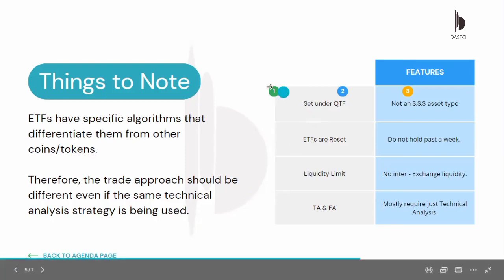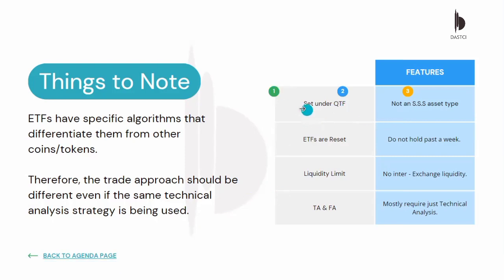Now, some of the things you need to consider when you want to trade an ETF is that this is supposed to be a set under your quick trade funds when you set up your professional portfolio. So if you set up a professional portfolio, you can remove out of your QTF to trade an exchange traded fund. And you have to also bear in mind, obviously, if it's a set under your QTF, you should not include it in your SSS, in the SSS part of your portfolio. That is your spinal structure system part of your portfolio. You shouldn't put ETFs there, definitely, because they do not belong there.